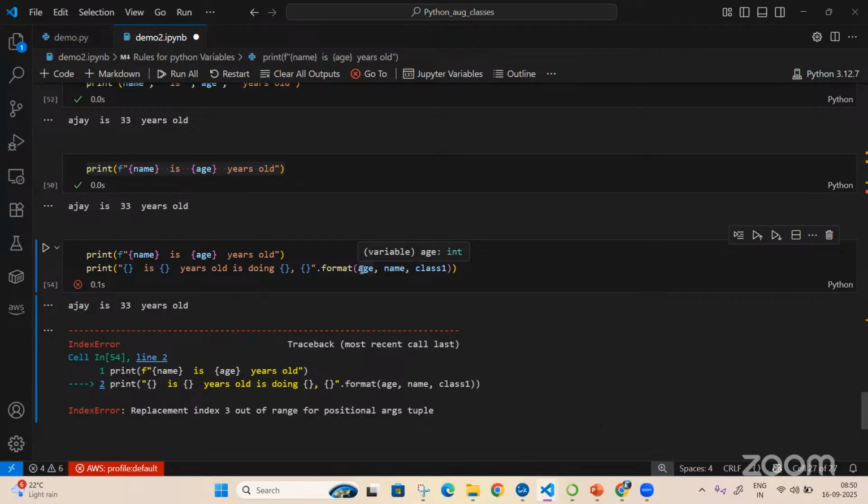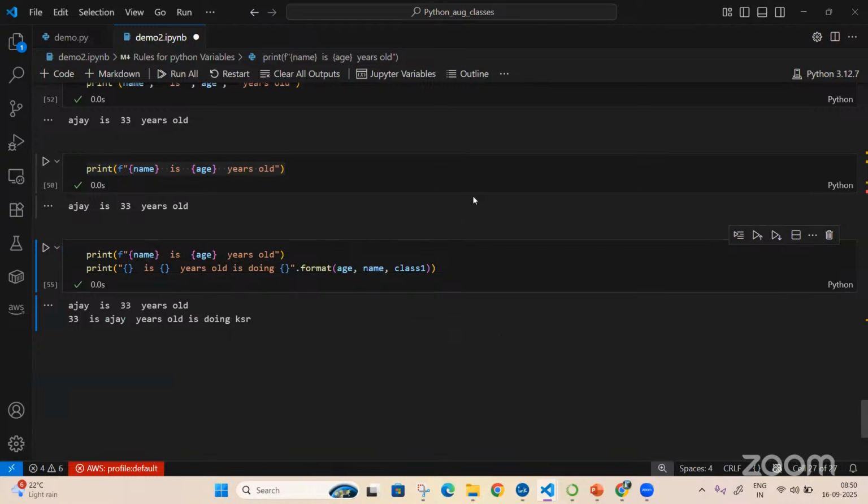It always works first come, first served: age will go here, name will go here, and so on. But if you pass four brackets and don't assign enough variables, it doesn't know. That's why the number of brackets should match your variables. If you put multiple variables, it will not throw any error because it has already satisfied your first two variables. It will give that output.